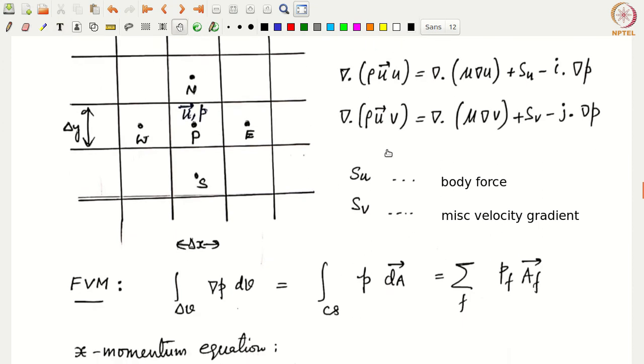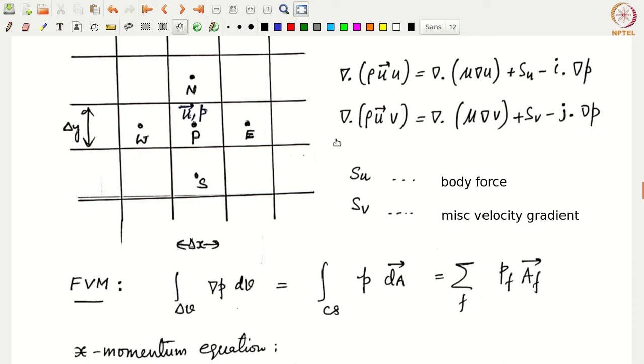Then if we want to apply finite volume method to these two equations, we know that we can solve for these just like the way we have done before. So we know how to apply the finite volume method for the convection term and for the diffusion term and for the source terms. Only thing we haven't done is basically the pressure gradient term. So let us look at only this term, apply finite volume method for this, and then plug it back into this equation and write the complete general discrete equation afterwards. Okay, so we are only focusing right now on the grad p term.